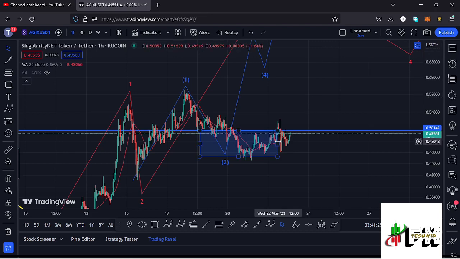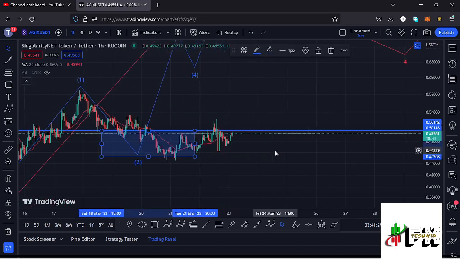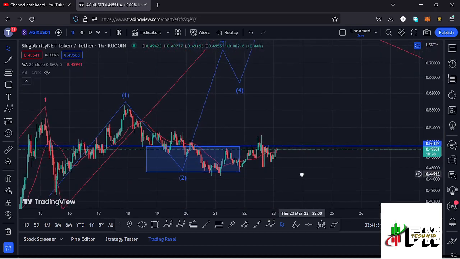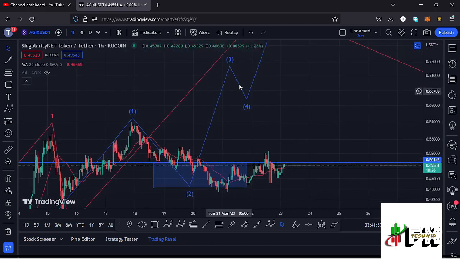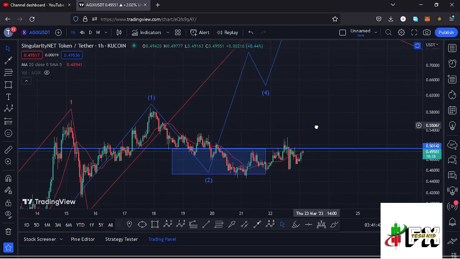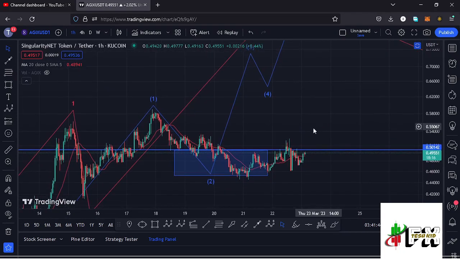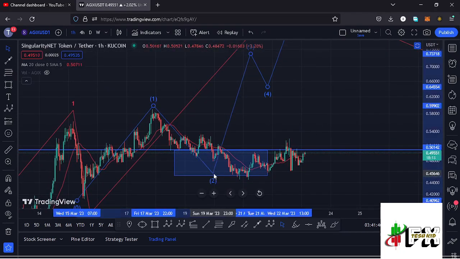Even after the Fed rate hike, we continue to hold within this blue target area, and there are high chances that whatever we are seeing at the moment is the start of that massive run up to the upside in the formation of this wave 3, and assuming that AGIX is not going to give us one more leg down to the lower side in the formation of this wave 2,